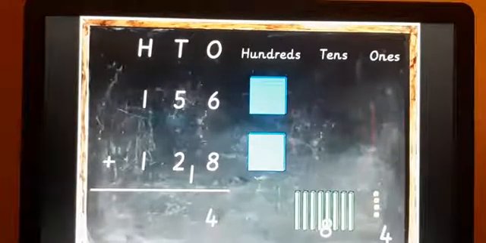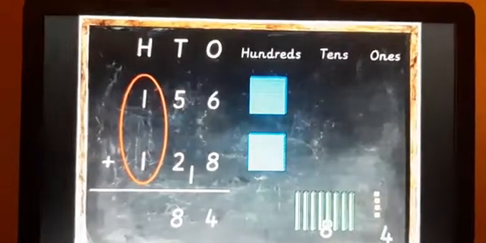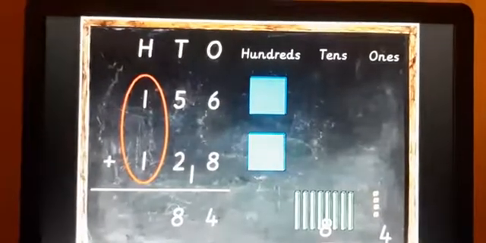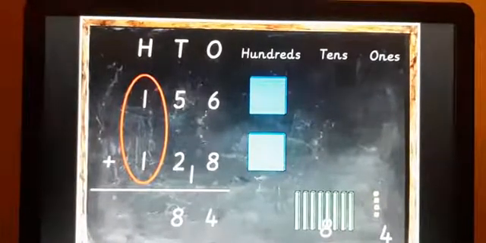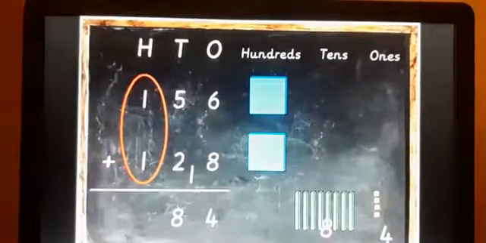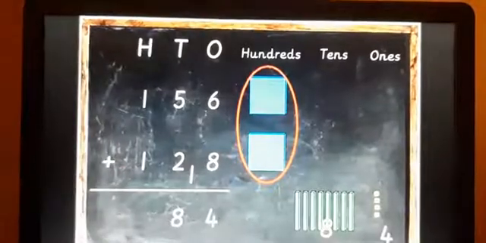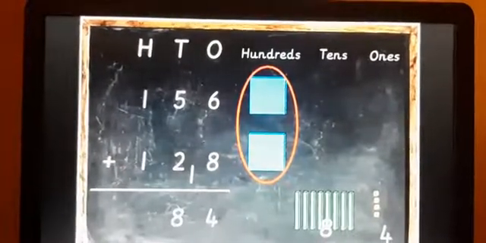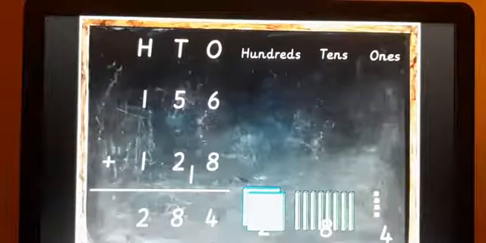And where should that 8 go now? It goes to the tens place, because 8 tens are there. Next, what are you adding? Yes, you are going to add the hundreds place. That is 1 plus 1. So 1 plus 1 in the hundreds place becomes nothing but 2 blue sheets. You can see in the hundreds place, 2 sheets. So 1 plus 1 becomes how much? Yes, you will get 2. Where does the 2 go now? Correct, it goes to the hundreds place. So what is the answer you got now?